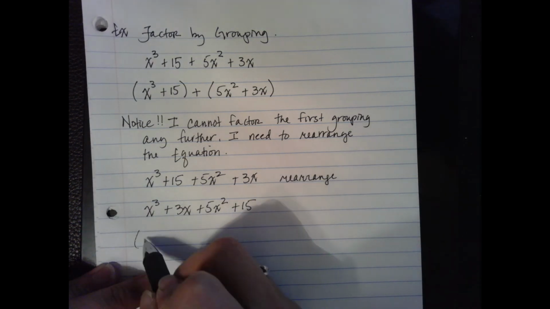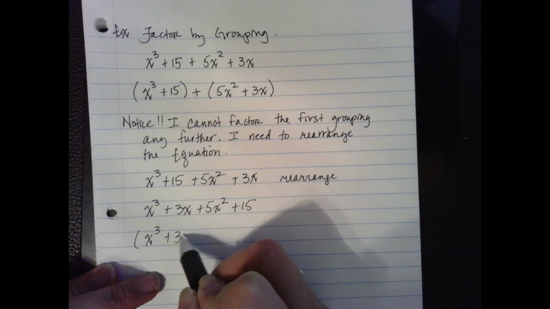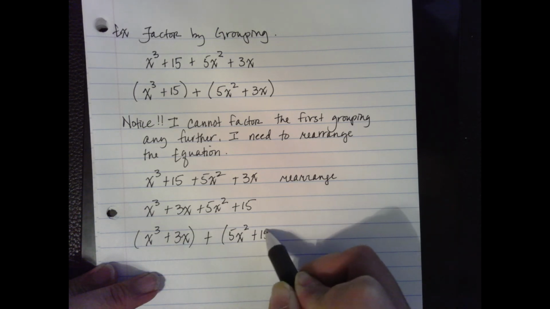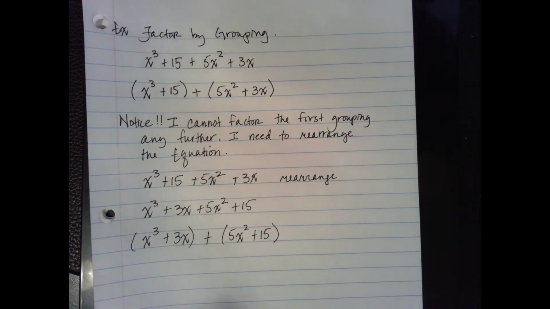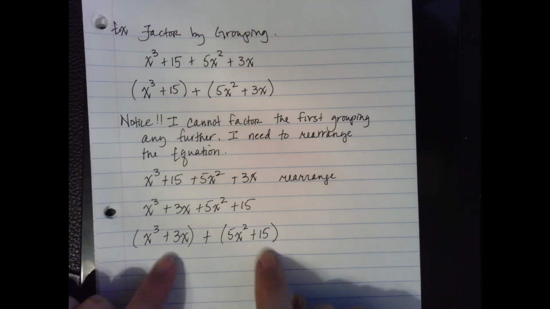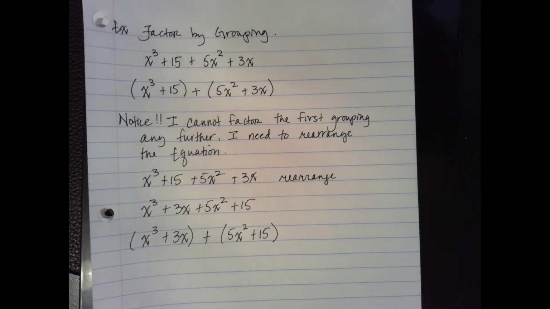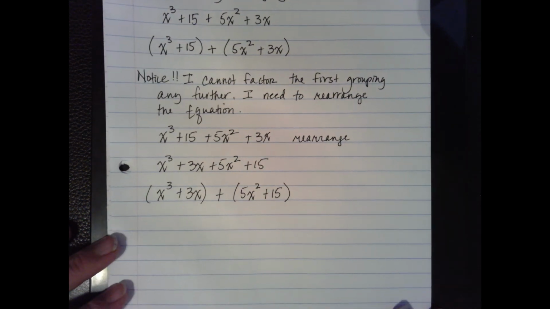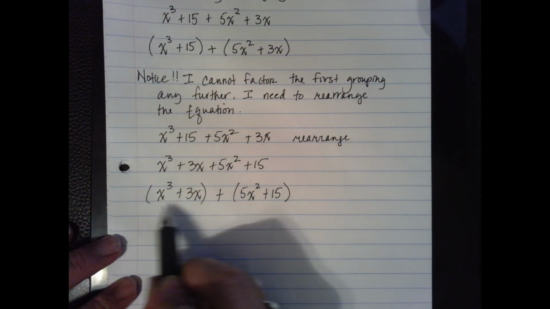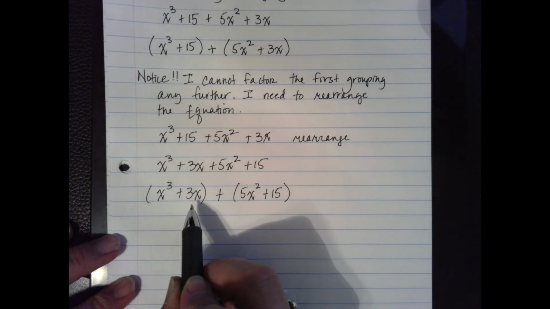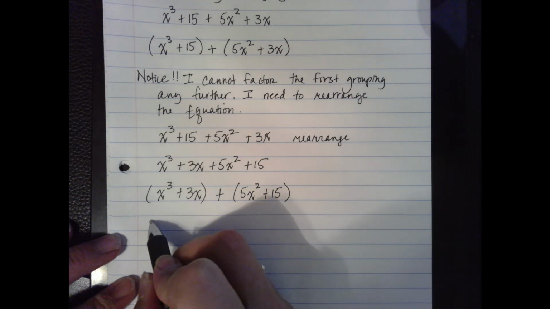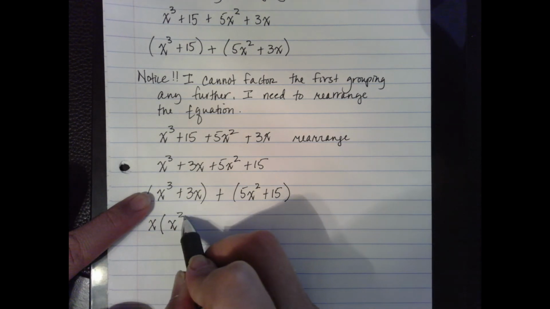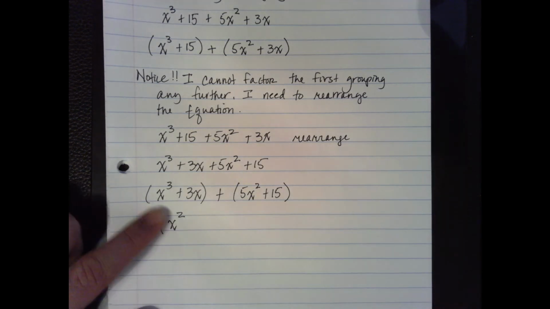So now let's group x cubed plus 3x plus 5x squared plus 15. After I take my GCF out, what I have left over in my parentheses I want to be the same. That's how we know that we've selected good groupings. So my GCF in my first set of parentheses is x. If I take x out here, I have x squared left over, because x times x squared gives me x cubed